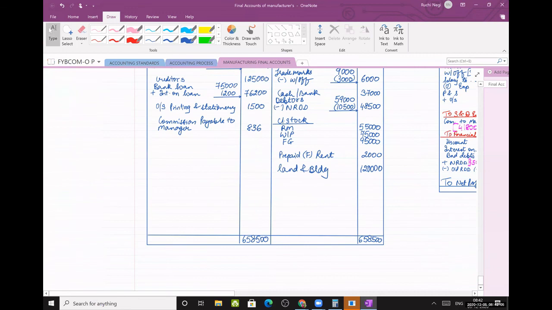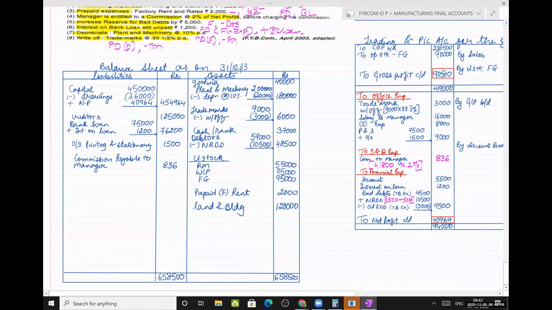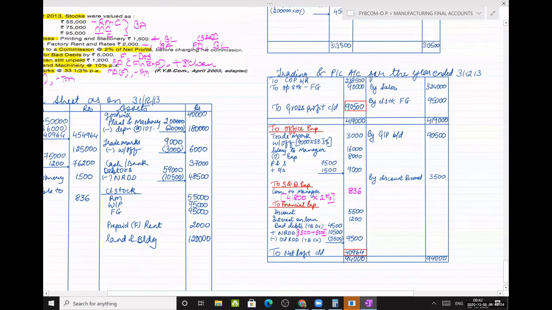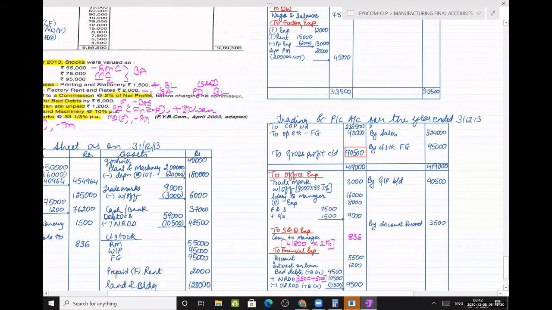Okay. So I hope the sum is clear to everyone. This completes our question. Okay. So this is how you have to solve. Bifurcating your manufacturing, bifurcating P&L,